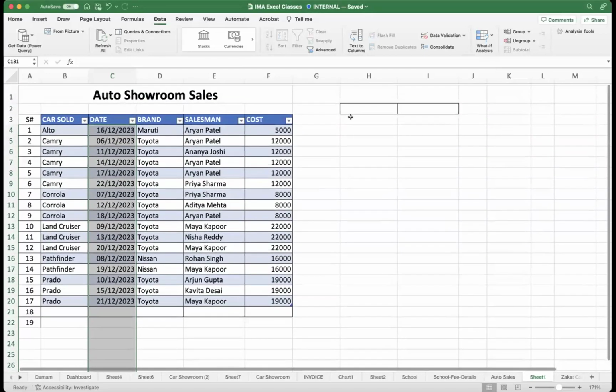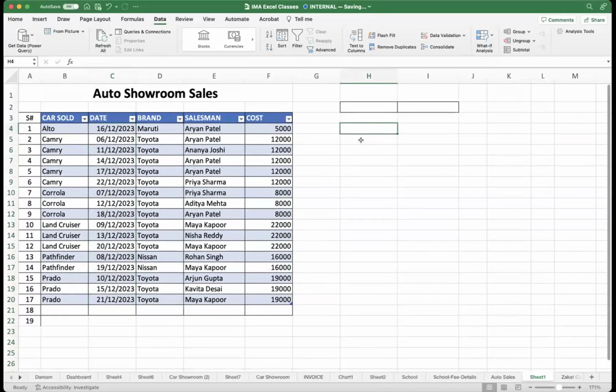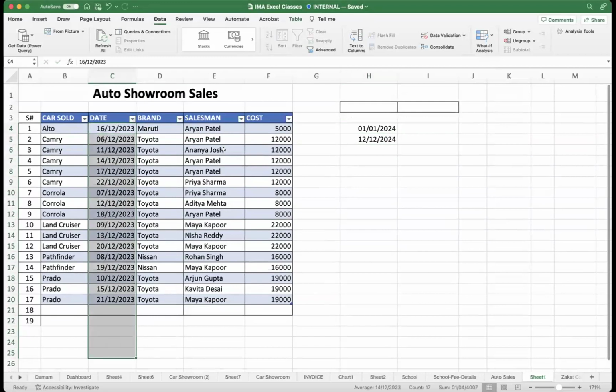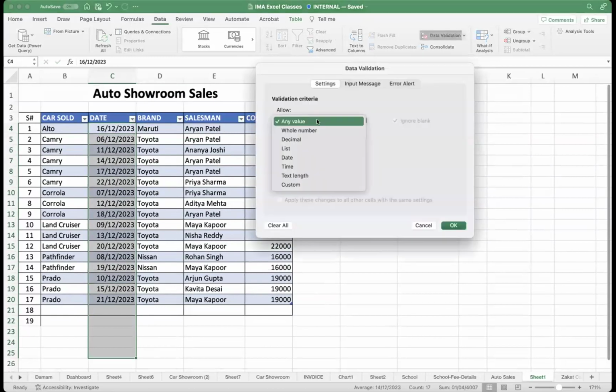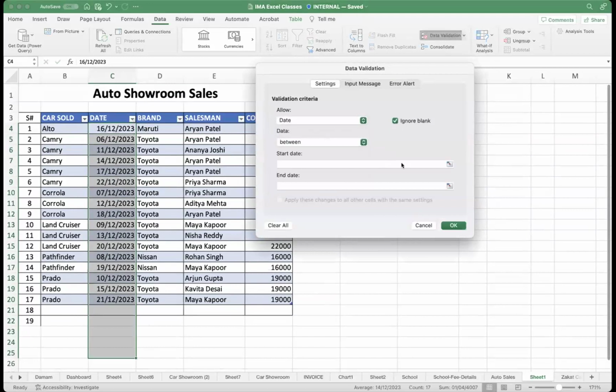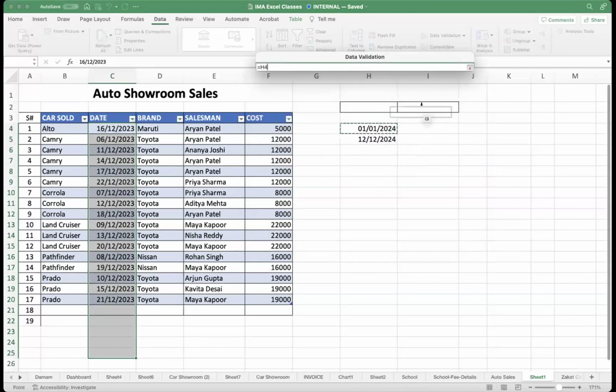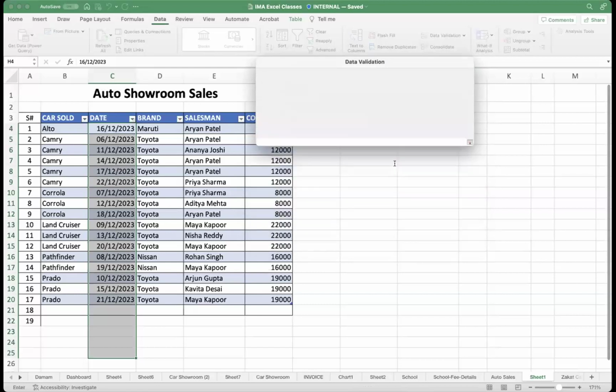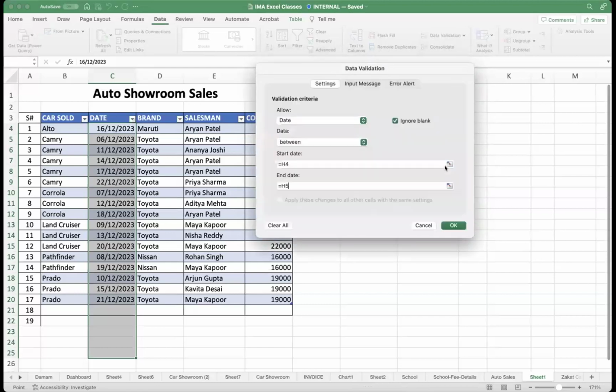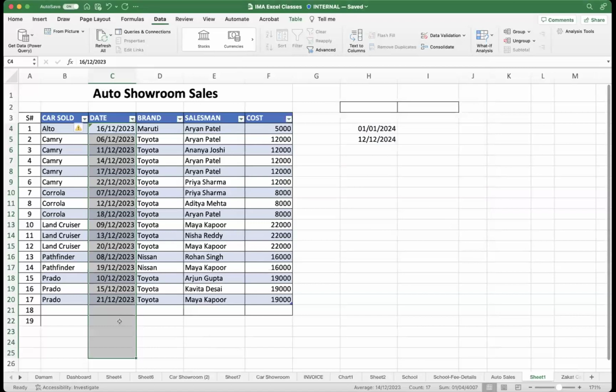ये रेफरेंस पूछेगा। तो यहाँ पे समझिए कि मैं स्टार्ट डेट 1/1/2024 डालता हूँ, और एंड डेट 12/12/2024 में डाला हूँ। और यहाँ पे मैं एनफोर्स करना चाहता हूँ कि सिर्फ स्पेसिफिक डेट ही डाला जाए। तो डेटा वैलिडेशन, एनी वैल्यू की जगह डेट, बिटवीन स्टार्ट डेट ये रहेगा, और एंड डेट ये रहेगा। इसको ओके कर दिया, ओके करिए। अब यहाँ पे जब भी मैं डेट डालता हूँ, आई कैन नॉट पुट